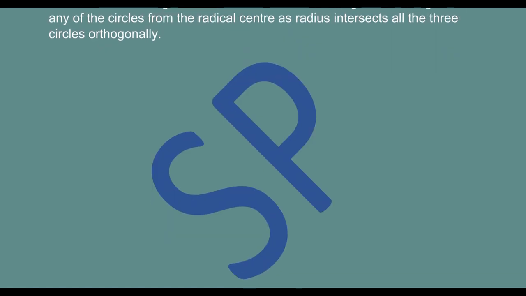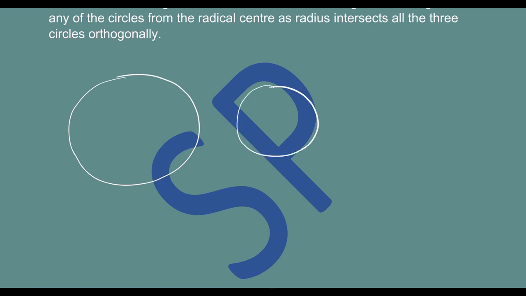You see, this is what we are going to do. We have three circles and no two are intersecting. Now we go for the radical axis of these two circles, the radical axis of these two circles, and the radical axis of these two circles. We have the radical center. Now we know that from this, if we draw a tangent to any one of these circles, the length will be the same. That means from here to this circle, if I get 5 as the length, from here to the other circle, I'll get the length as 5 only.